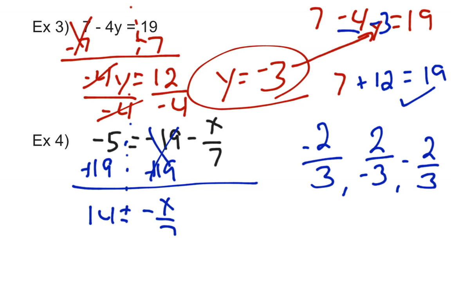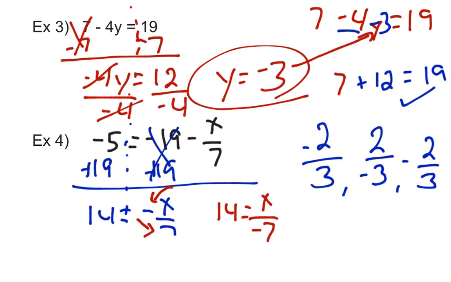Okay, so back to the problem. When I see this negative out front here, I got to make a choice. Do I want it to be on top with the x, or do I want it on bottom with the 7? And what I'm going to say is, let's put it on bottom with the 7. So I'm going to rewrite the problem. This is going to be 14 equals x divided by negative 7,